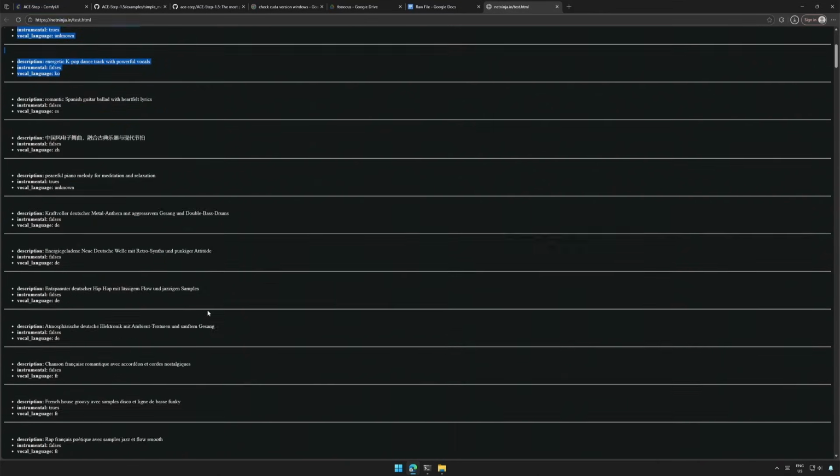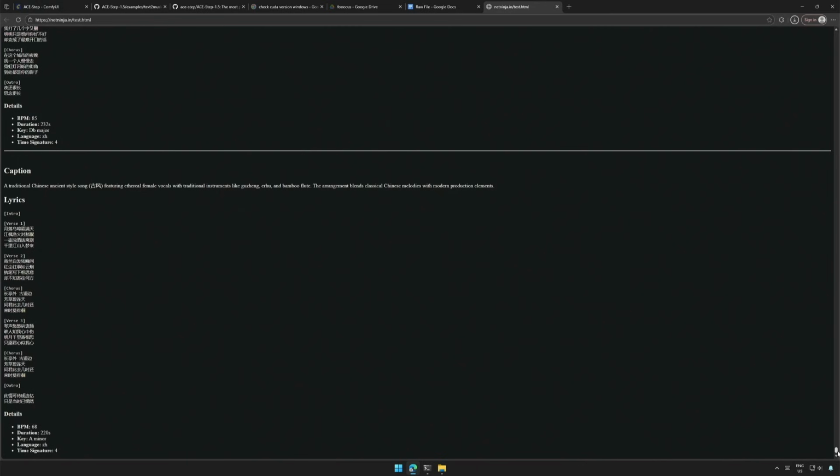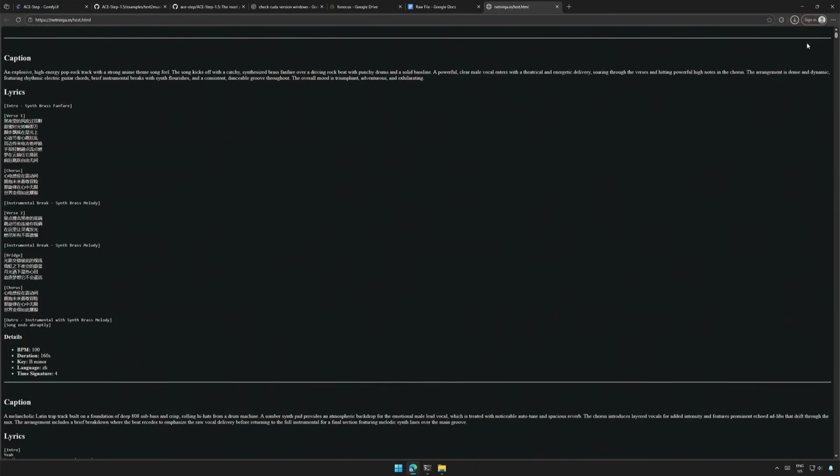I will be sharing this HTML file. Open the file using a browser, and you can then copy and paste the same into ComfyUI. It contains the lyrics for different languages with intro and outro terms, and should be useful for a mix and match. So that is it in this